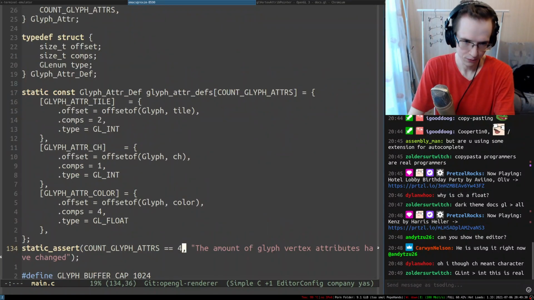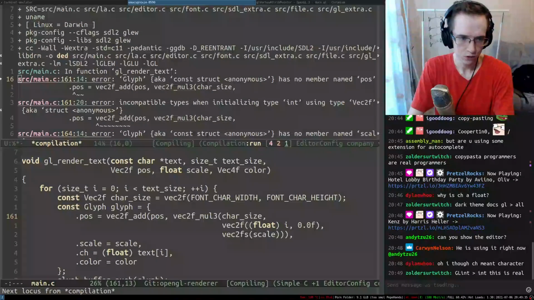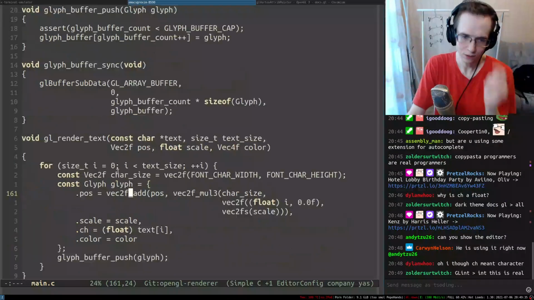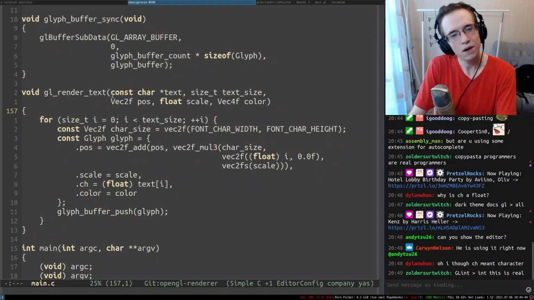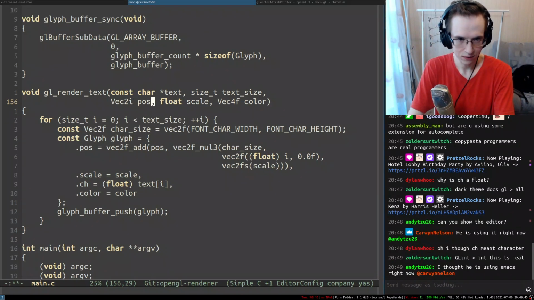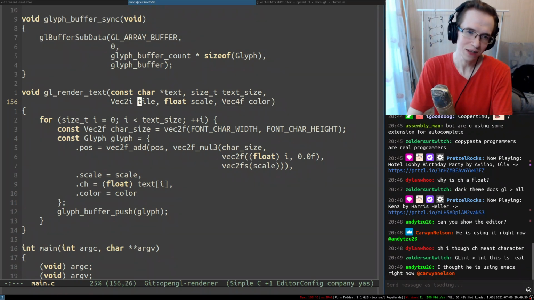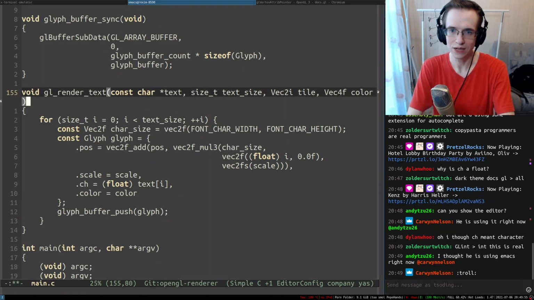Okay, so now we have only 3 attributes in here. Now if I want to just render something at a particular position, I suppose I'm going to be accepting a tile, right? So here I'm accepting the tile, and I don't have to even accept the scale, because the scale is going to be global anyway, right?